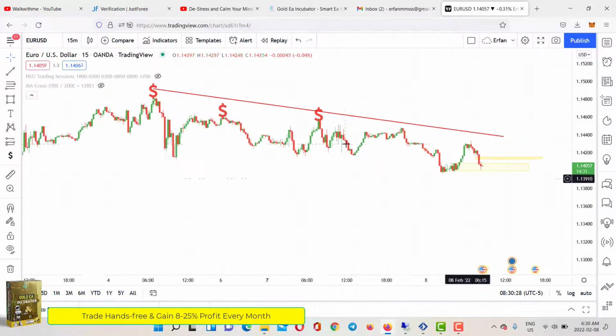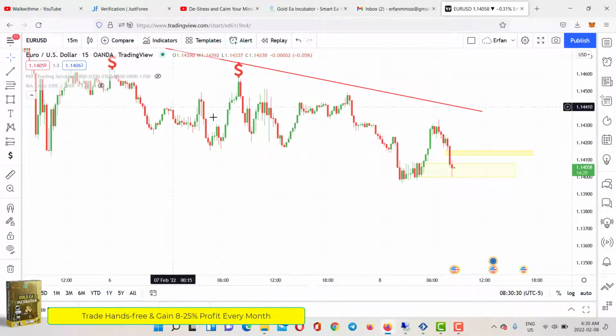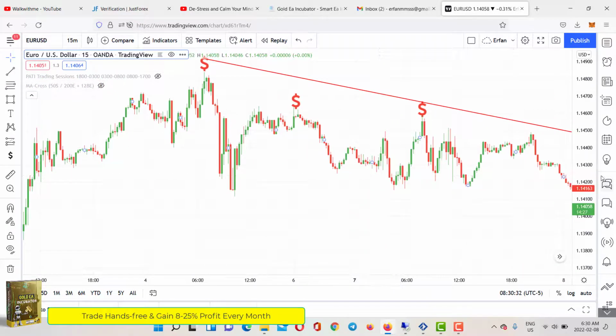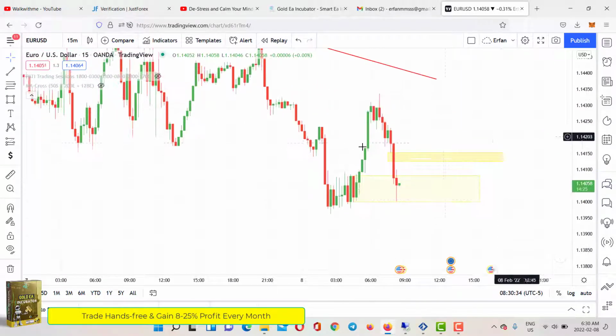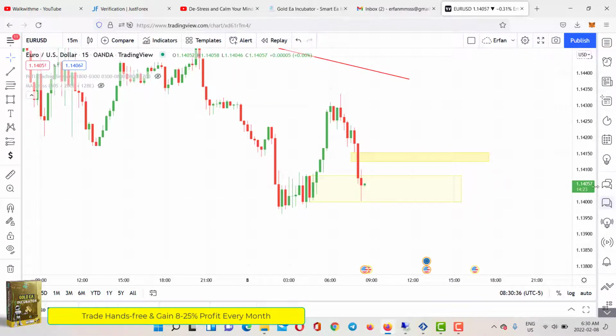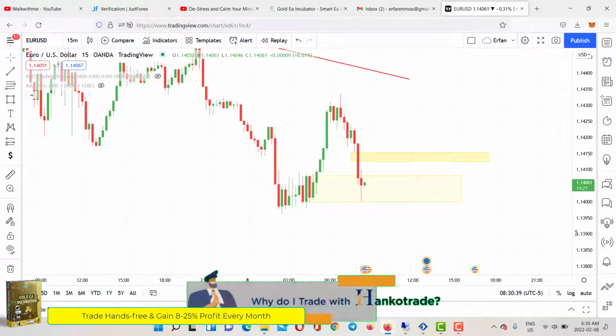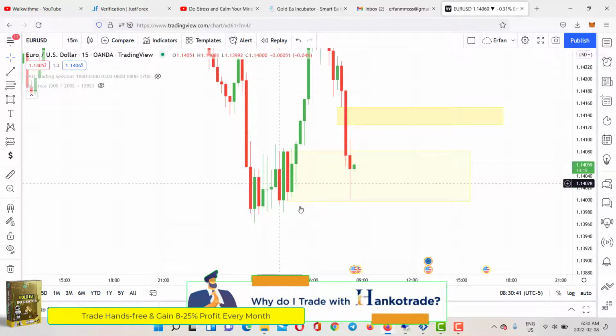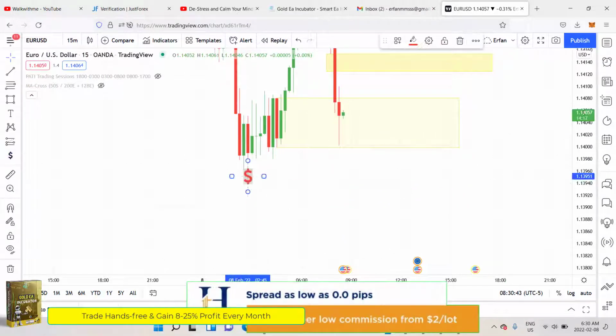Because as I said, guys, your Fibonacci level should be towards the trend. So if you have a bearish trend, then your Fibonacci should be towards the bearish trend. If you are in a bullish trend, then you can do the opposite. But this is not a high probability order block, and we have so much liquidity here that needs to be